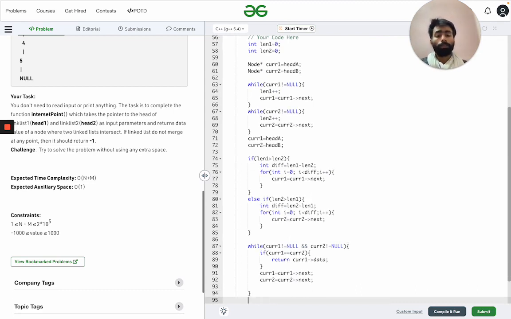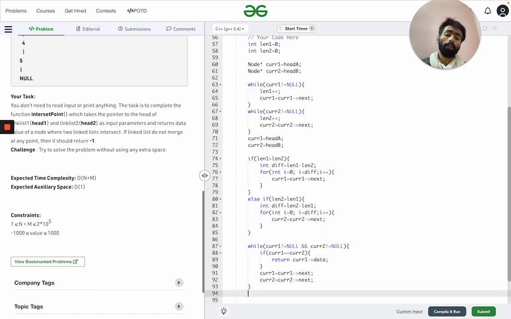And even if we do not come across any such value, then we return null.